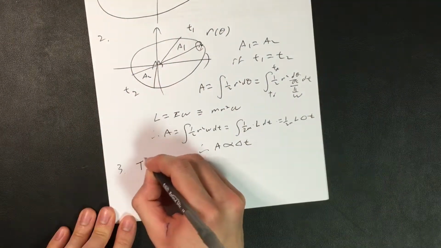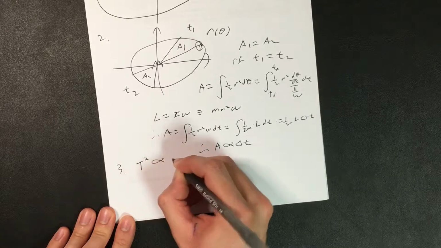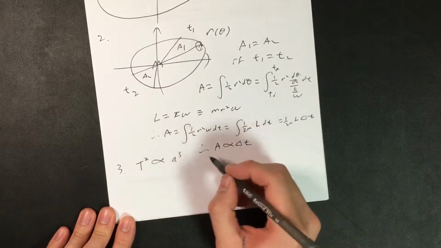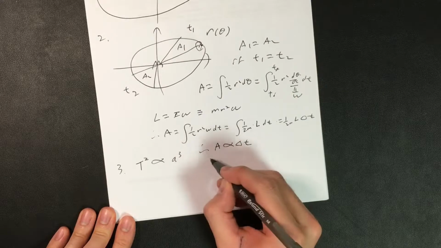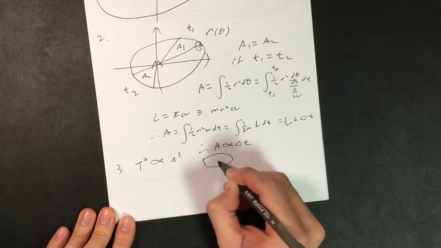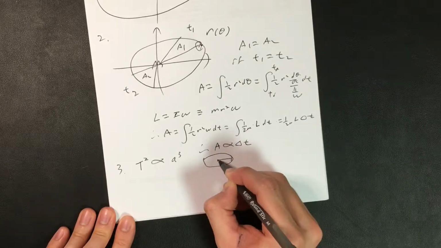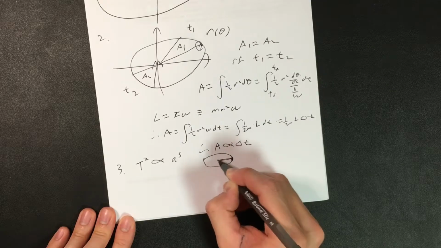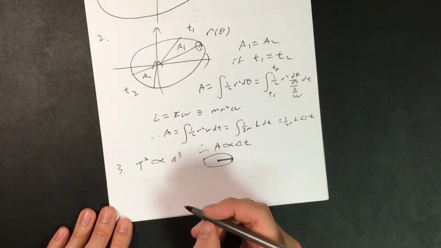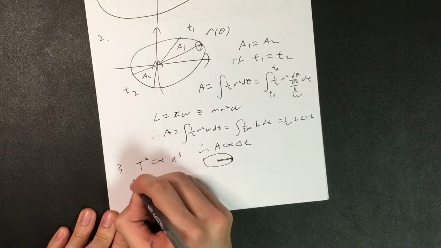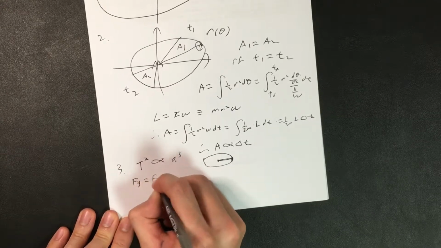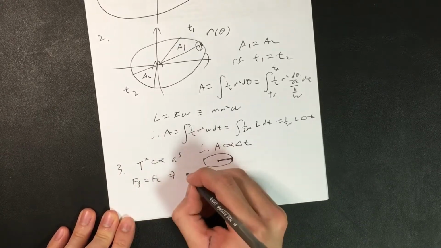The third law states that the square of the period is proportional to the cube of the semi-major axes. And the semi-major axis of the ellipse is the longest distance from the center of the ellipse to the edge of the ellipse. Now, in circular motion, the force of gravity equals the centripetal force, which means